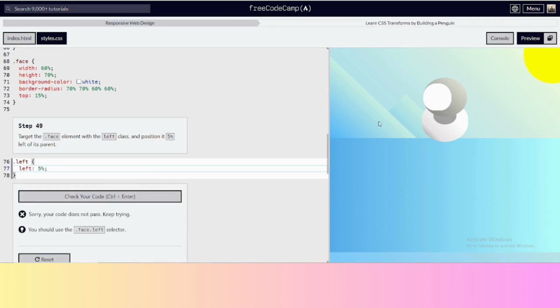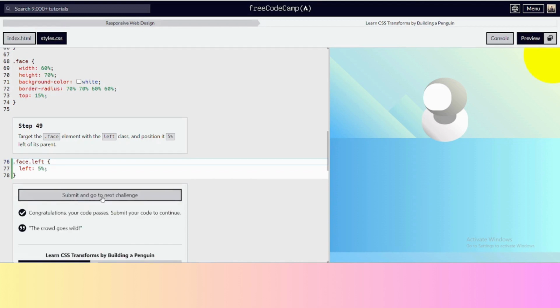There we go. And it looked like, oop, dot face dot left. Well, can't we just target dot left in the first place? Okay, but I'll do what you say, freeCodeCamp. So